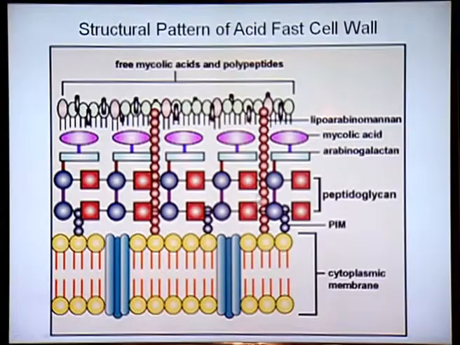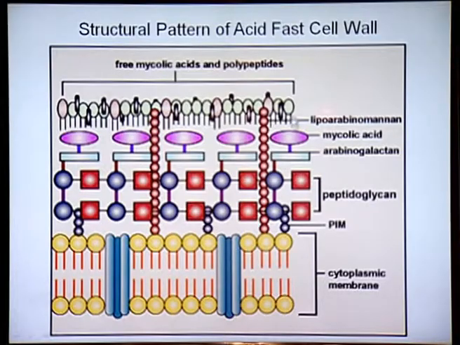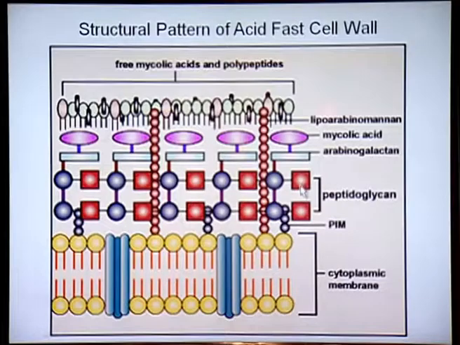This peptidoglycan is followed by the cytoplasmic membrane with an intermediate space, the periplasmic space. Now these particular layers, there are discrete five layers. They are interconnected. The most important backbone is the lipoarabinomannan or LAM, which is connecting the outermost and the innermost layer of this bacterial cell wall. At the same time, there are also phosphoinositol mannosides, which connect the peptidoglycan with the cytoplasmic membrane, traversing through the periplasmic space.